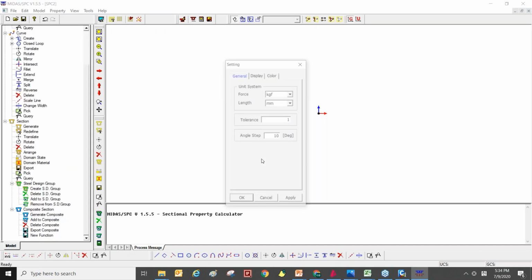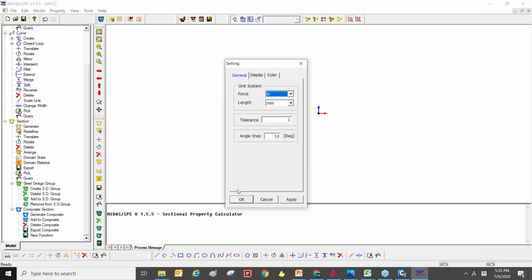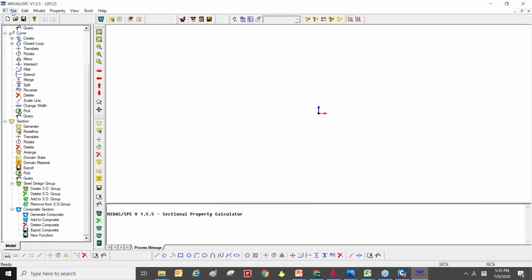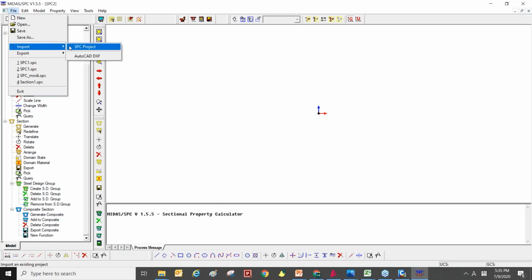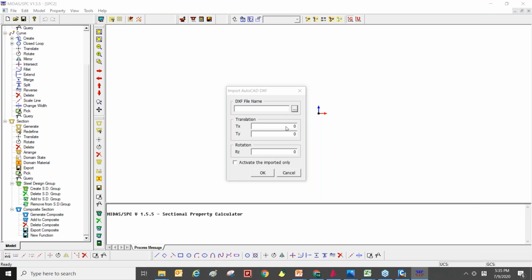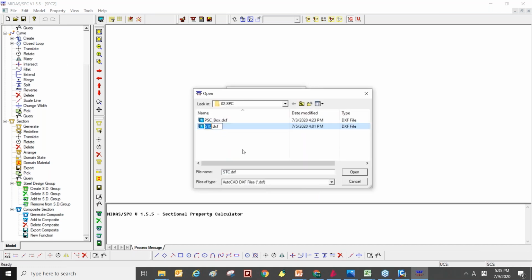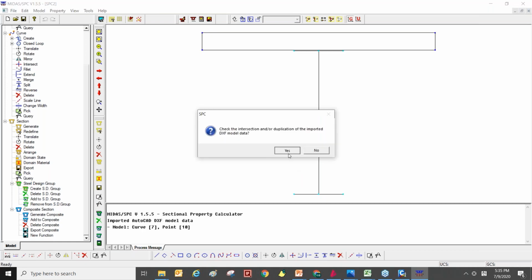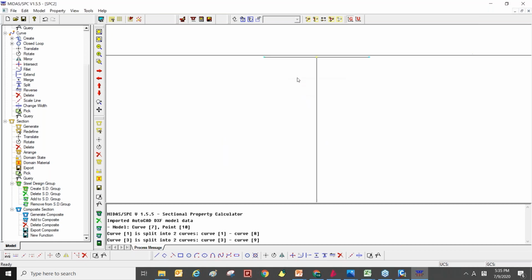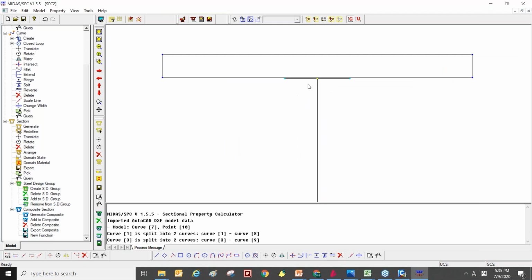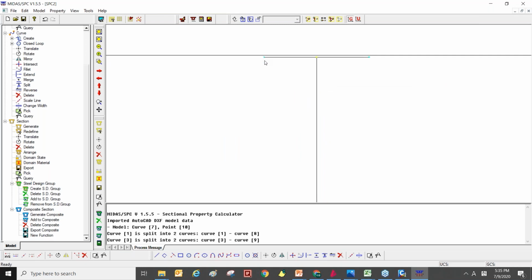So I will create a steel composite girder now. I will open the steel composite girder section. As you can see, the steel girder doesn't have the whole section.